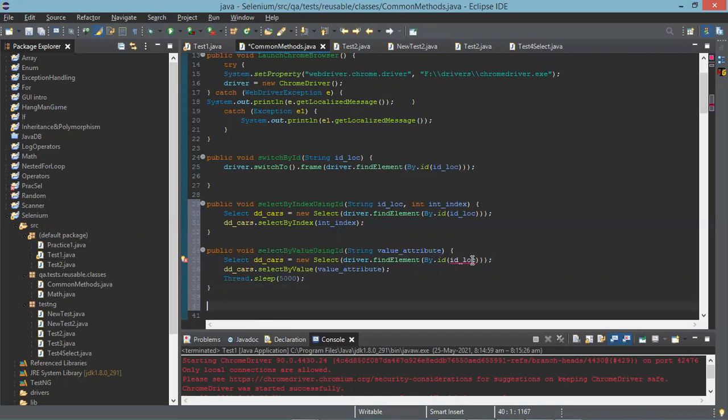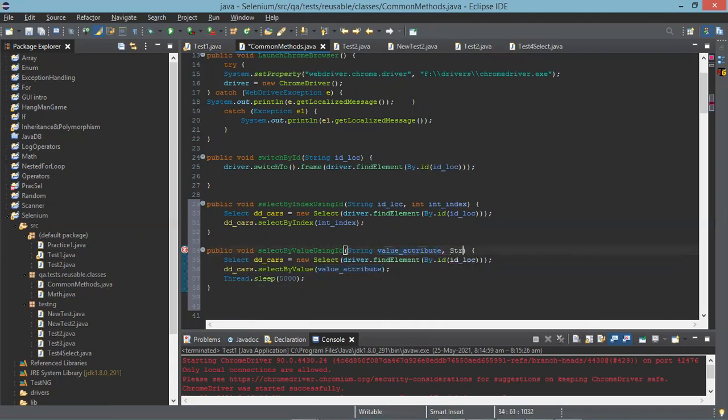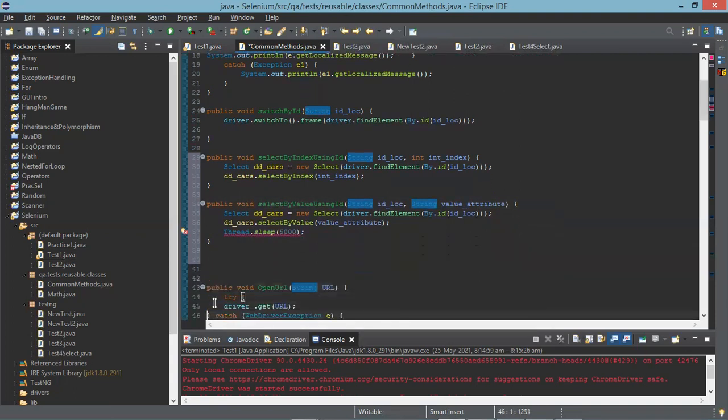You need to add it in your arguments. First, always give that ID locator, then you give the value attribute. Right? So whatever happens, it should be in a proper way so that it is easily reusable, right?